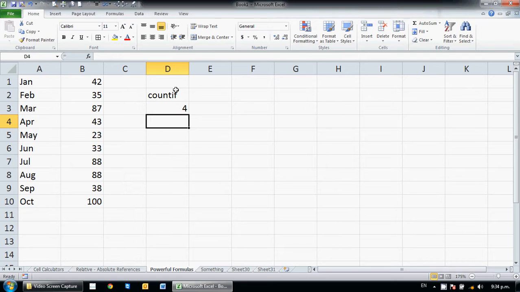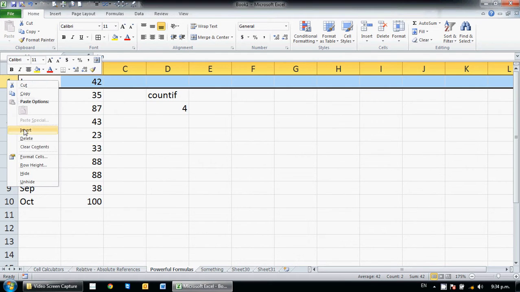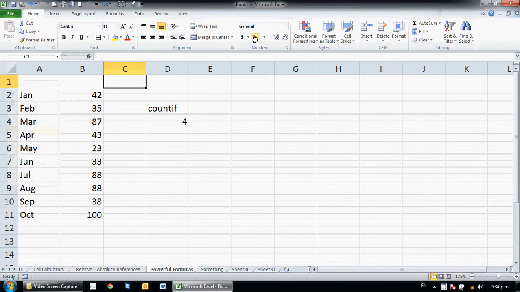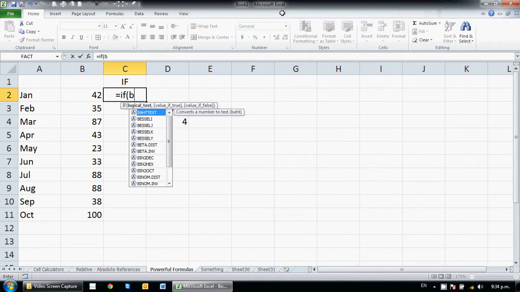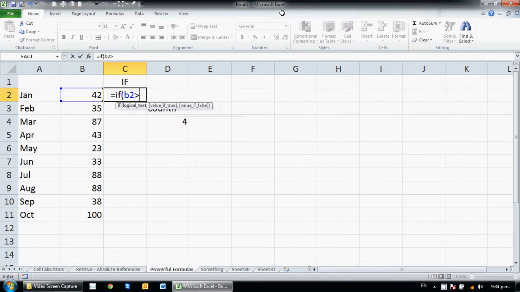Let's say we want to find if a number is greater than a certain number and then say a certain number. So let's just insert another column here, or row, I mean. We use the if statement. So center this. Let's say we want to find out if the number is greater than 42, then say something like yes it is. So we go equals if B2 is greater than or equal to 50, comma,